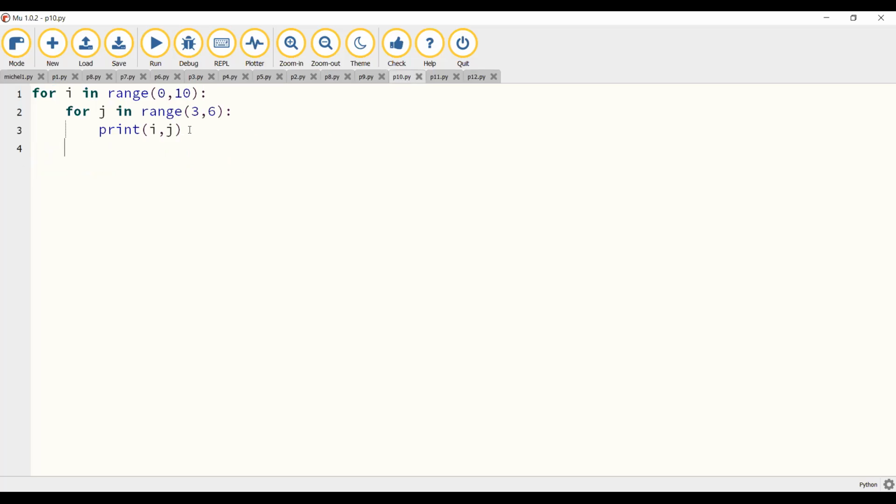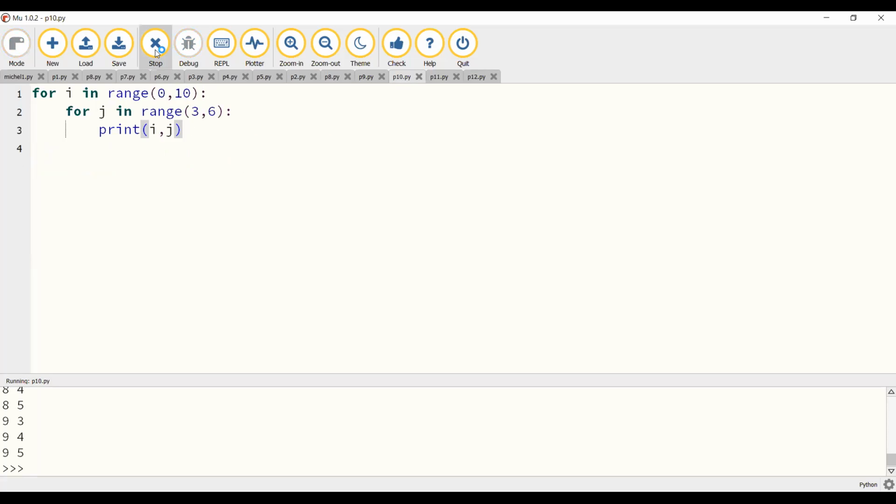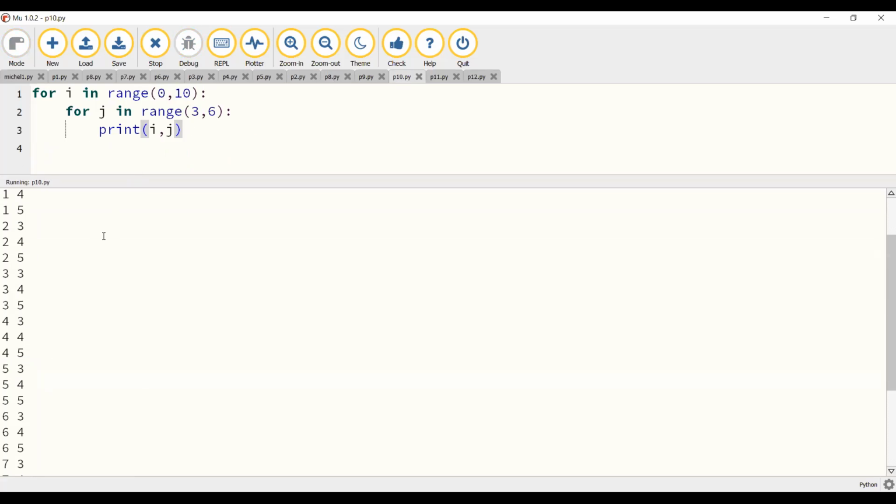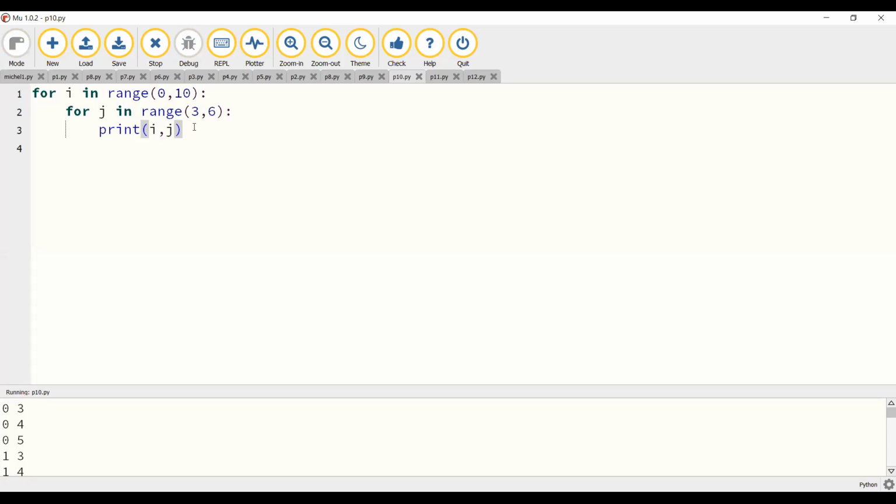So I'm searching for this program, which is the embedded for loop. And as you can see, once I run the program, the result will be, look here, 03 04 05, 13 14 15, 23 24 25, till 93 94 95. This kind of exercise, there are many of them, and with a minor modification of the loop,